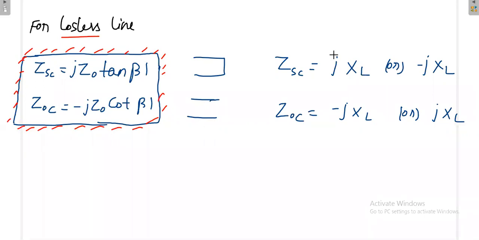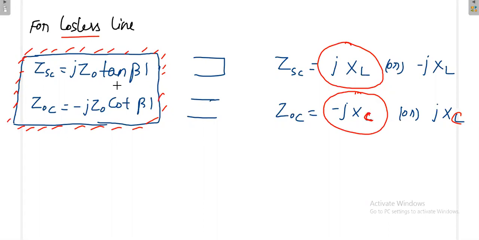We'll design inductive reactance with the help of short circuit only, generally. Inductive reactance can be designed very easily with the help of short circuit. Similarly, capacitive reactance can be designed very easily with the help of open circuit. Because if you try to design capacitive reactance with the help of short circuit, then the length of the line will be very high. You put some value and get some positive value, then you are getting inductance. But if you want to get a negative value, you really have to increase your length. So that I can easily get from open circuit.